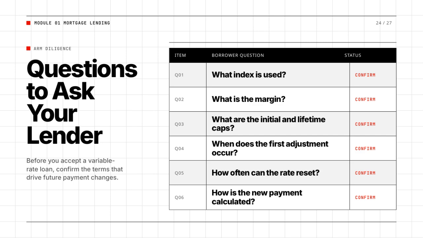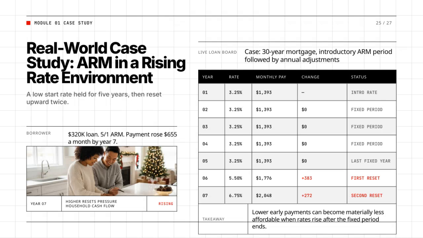Here we have a real-world case study illustrating how an adjustable rate mortgage, or ARM, behaves in a rising interest rate environment. The borrower took out a $320,000 loan with a 5-to-1 ARM, which means the interest rate was fixed at a low 3.25% for the first 5 years. During this introductory fixed period, the monthly payment was stable at